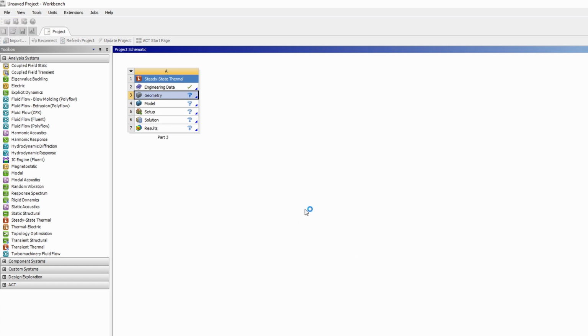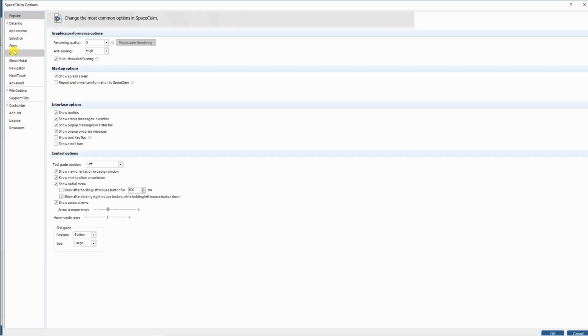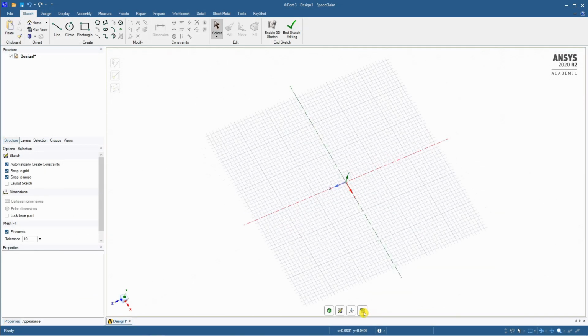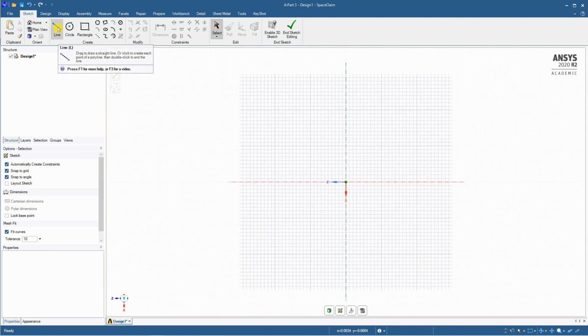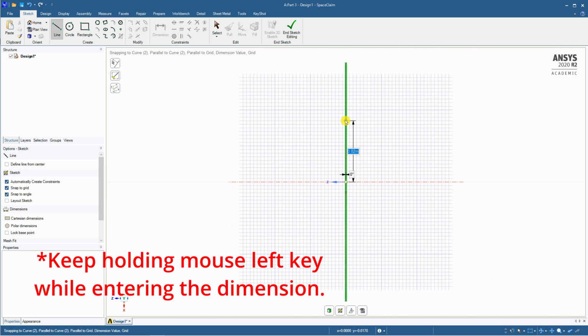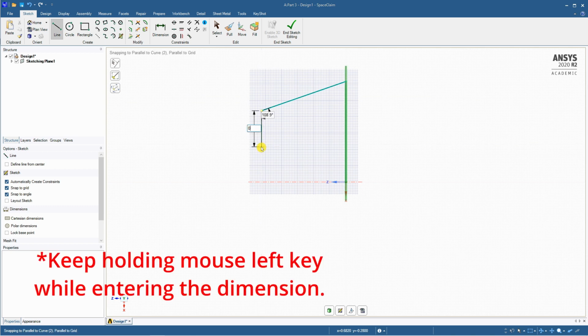Double click on this. It will open the SpaceClaim CAD package. By default, the unit will be millimeter over here, but our geometry is in meters. So we'll change the unit first. Go in units and here change this from millimeter to meters. Say OK. Now click on this eye symbol to see the plane head on. And now I will just draw the geometry over here. One line 0.8. Second line is 0.4.